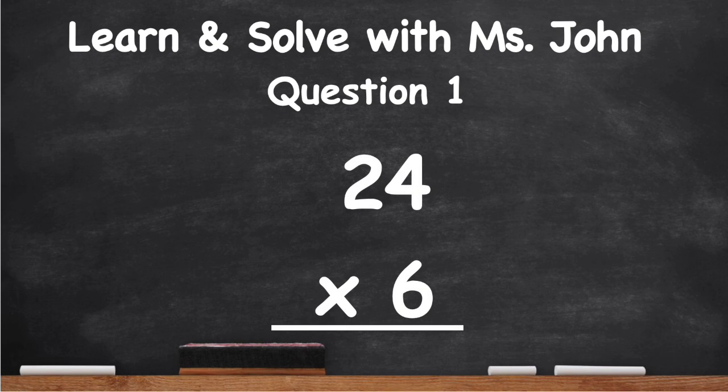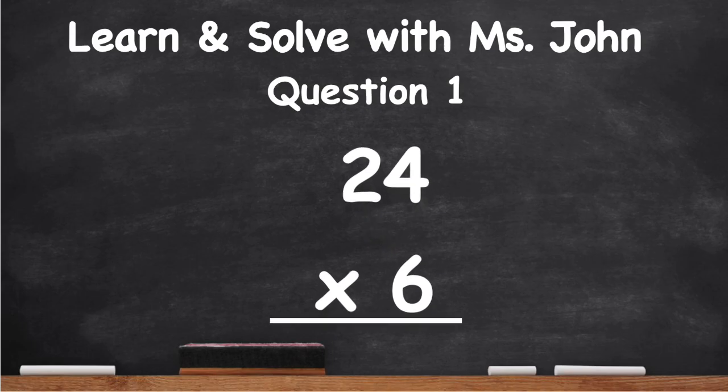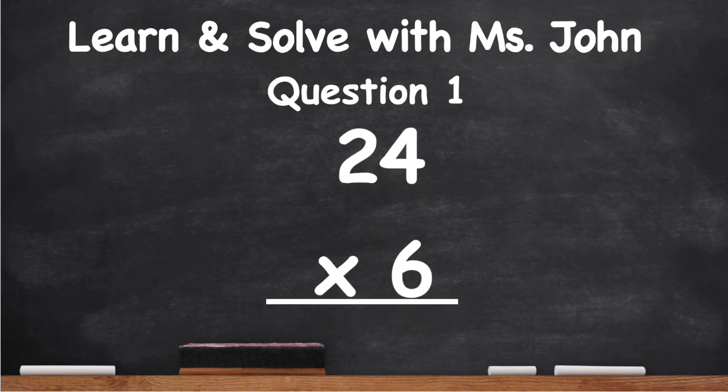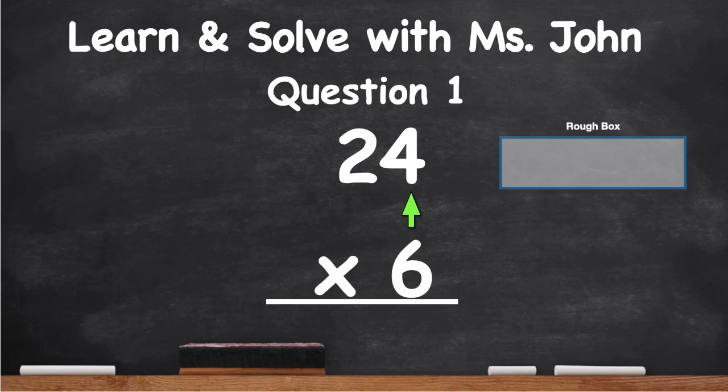Question number 1, 24 times 6. So first we're going to do 6 times 4, then we're going to do 6 times 2. Let's begin. So we're going to do 6 times 4. We're going to first draw a rough box. In the rough box, we're going to write 6 times 4. 6 times 4 equals